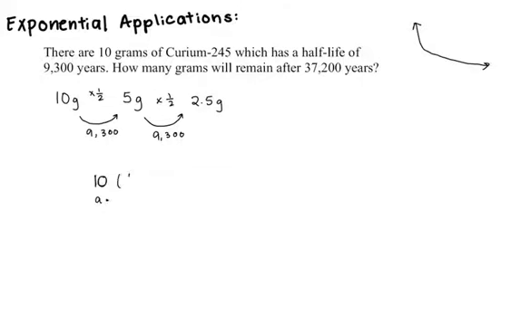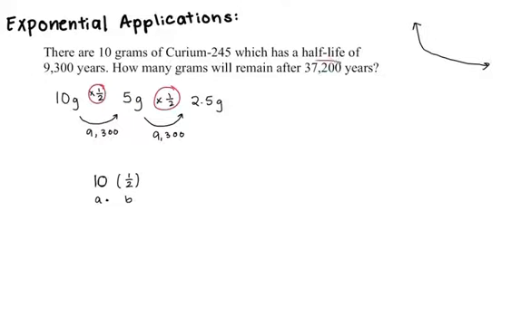Now we're going to multiply by 1/2 many times over again, right? We're multiplying this number by 1/2 here and by 1/2 again. So that's kind of my B value. My exponent is going to be how many times I'm multiplying by 1/2. So when we're thinking about how many times I'm multiplying by 1/2,